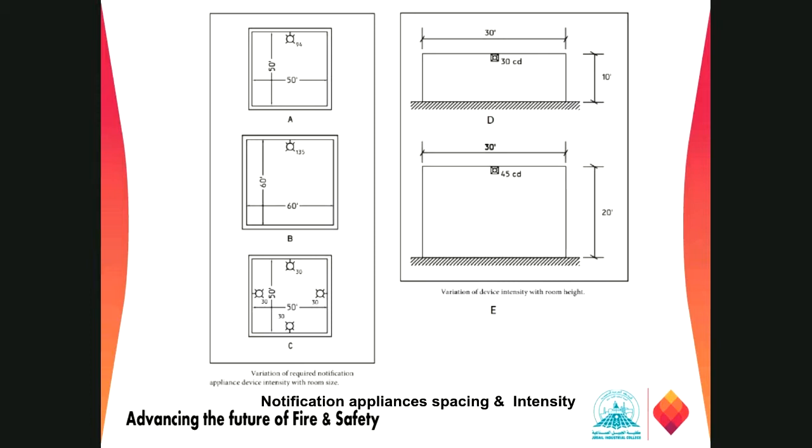Mr. Rafi, we need a calculation for this. Yeah, exactly. You need a calculation. For the calculation, you can go to the fire alarm manual. It is there. What is the loss from the window, from the door, from the wall? What is the rating of that? There is a table for all of that. So you need to go back to the table and it's simple. It's not that complicated.